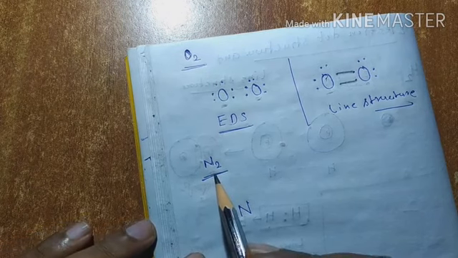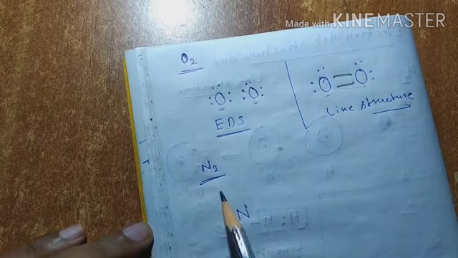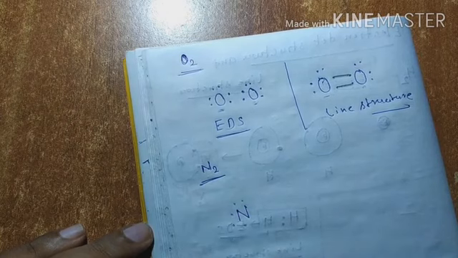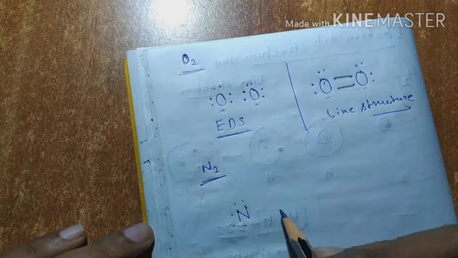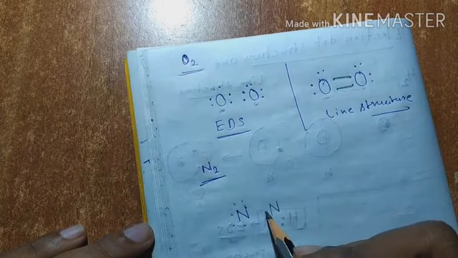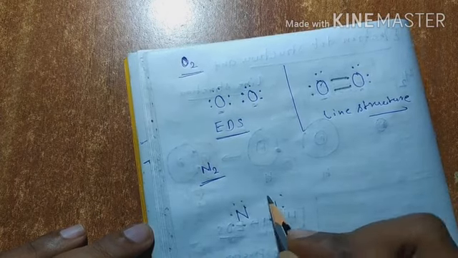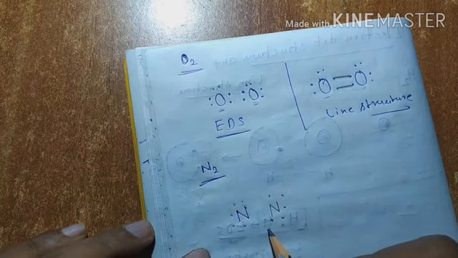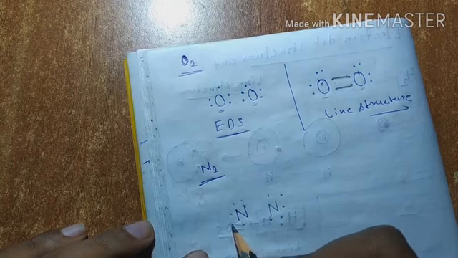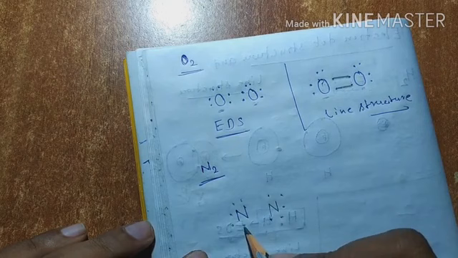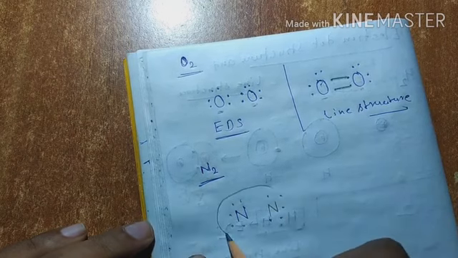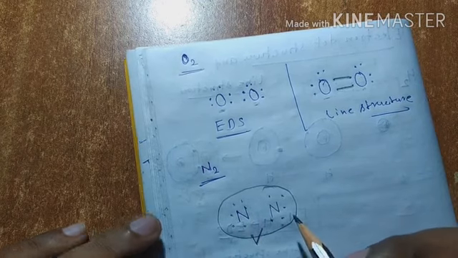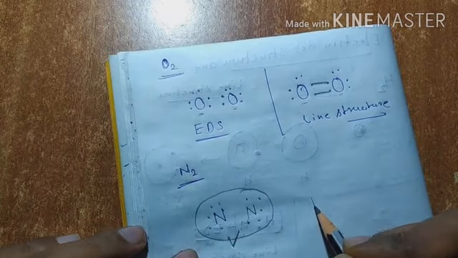In case of nitrogen, there are 5 electrons in the outermost orbit or outermost shell. So you can say 1, 2, 3, 4, 5. We can take anywhere. Nitrogen. Take 1, 2, 3, 4, 5. This is also correct, but it's not looking good. Okay, this is also correct. Electron dot structure of nitrogen, this is also correct, but don't prefer this one. You have to use 3 electrons this side. This is also correct, but what you have to do is draw the nitrogen atom properly.